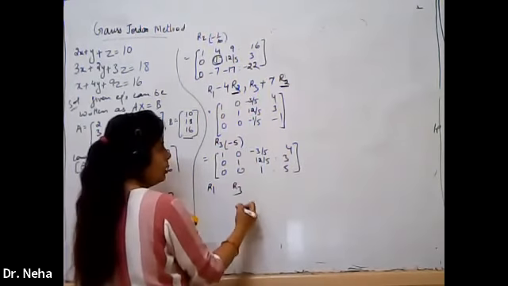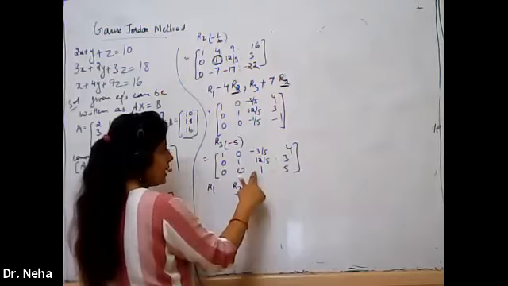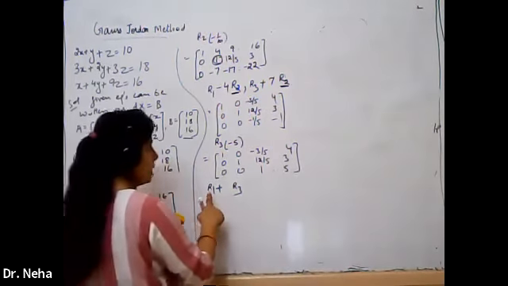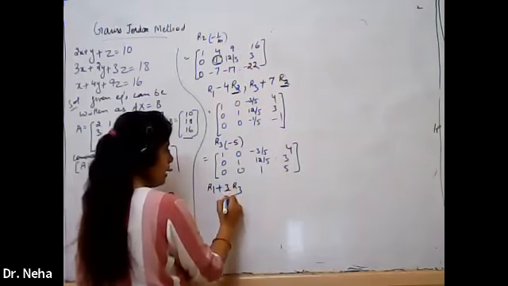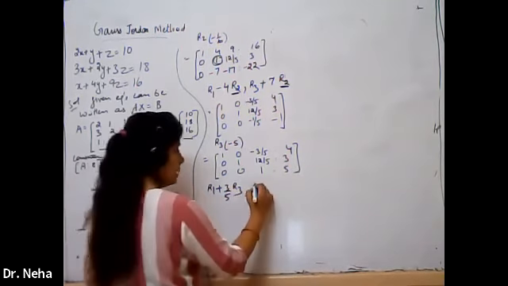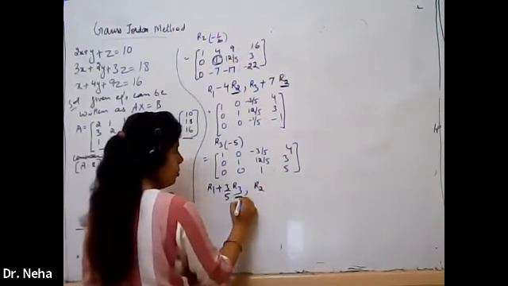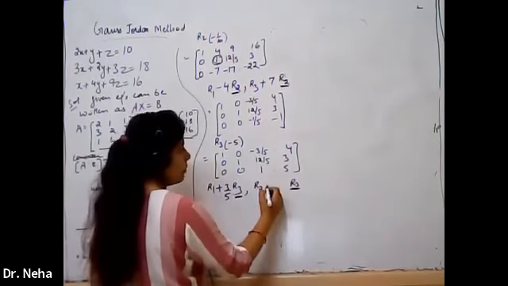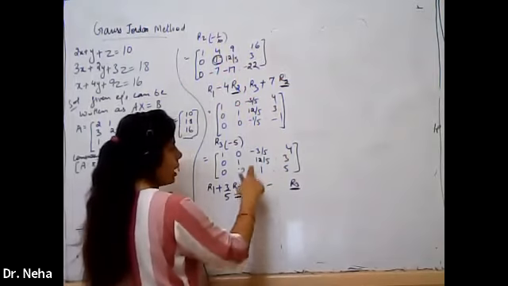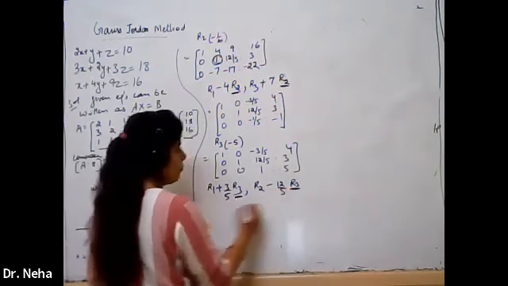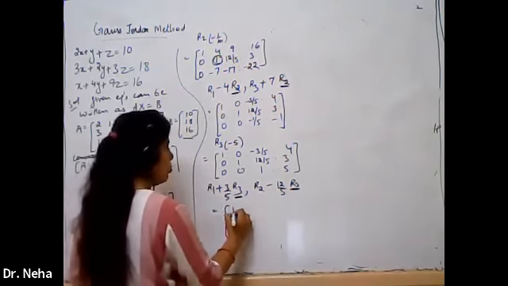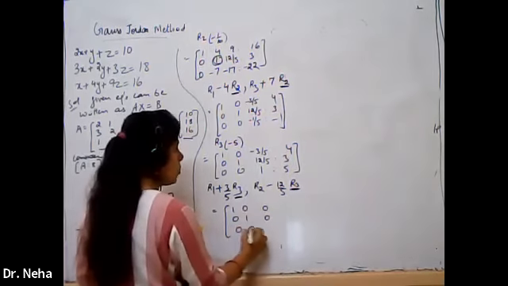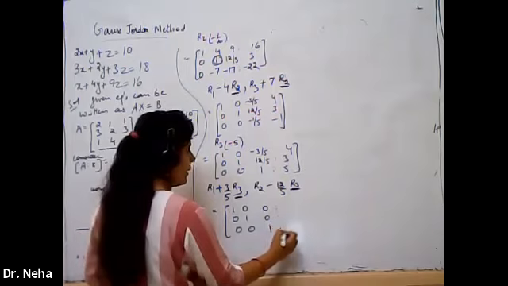Using R3, both are of opposite sign. We will use plus. And what is the constant in R1? It is 3 by 5. In the same way, making R2 0, using R3, both are of same sign. We will use minus, and constant in R2 is 12 upon 5. So it will lead to, left hand side will lead to 1 0 0, 0 1 0, 0 0 1. And what about the right hand side?